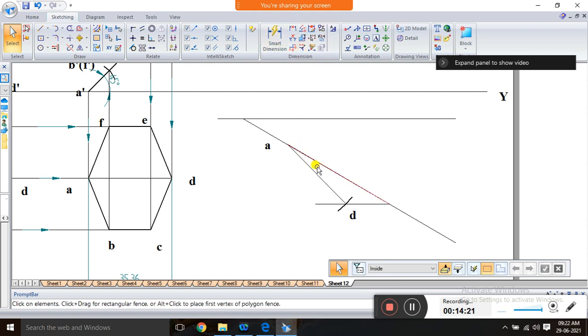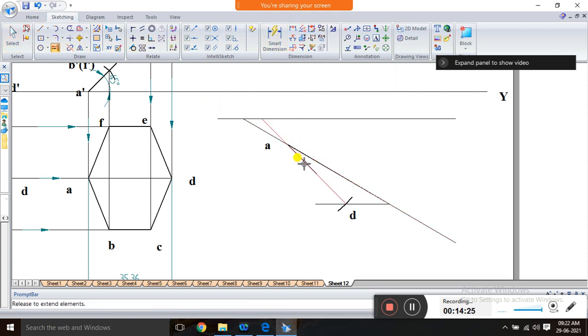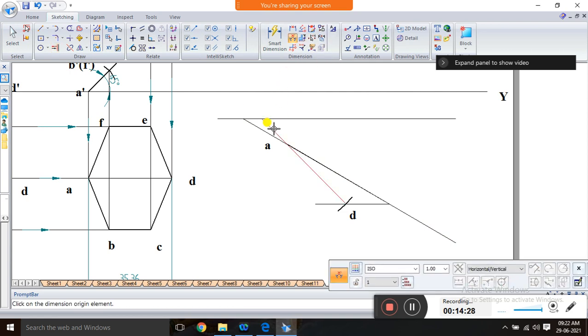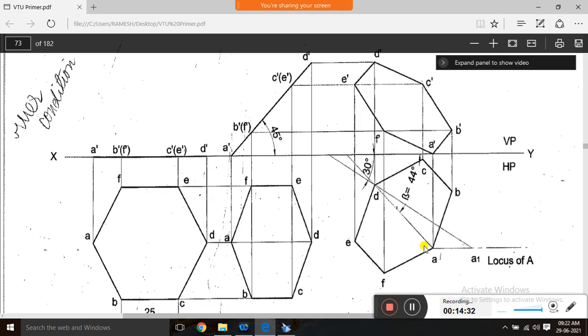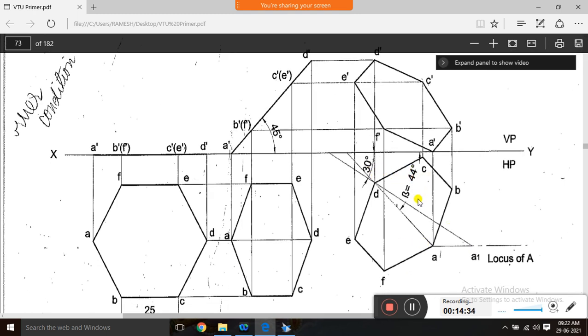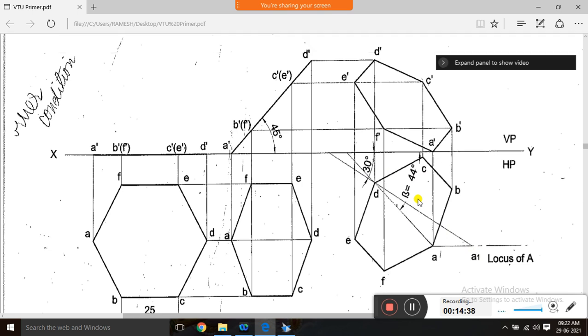And you just measure this angle. For that you extend this line and take the protractor and measure it. This is 45 degree. See, here in the problem also we got 44, but it should be 45 or 44. If you got 44 it is also right. If you get 45 it is also correct. For 30 we get 45.